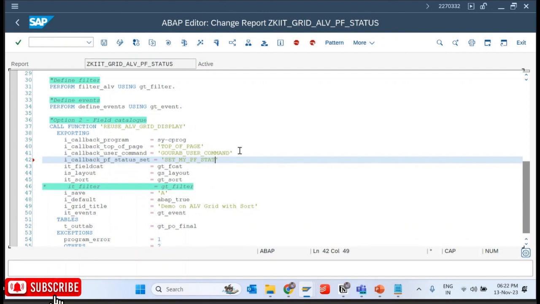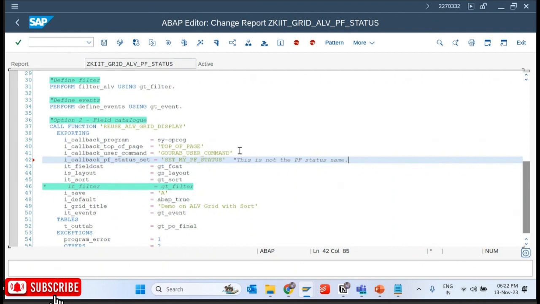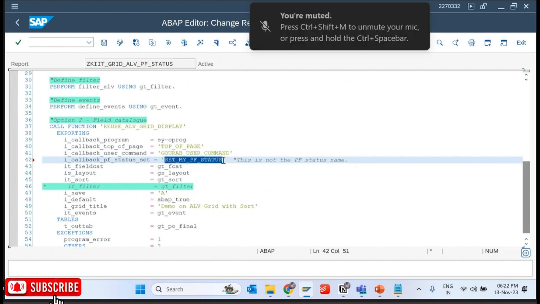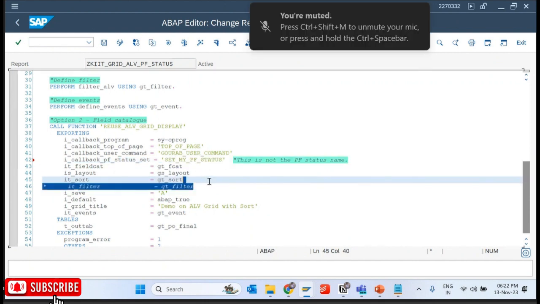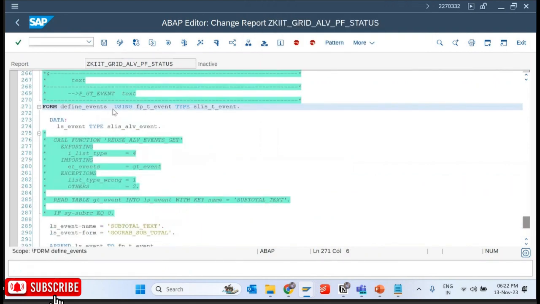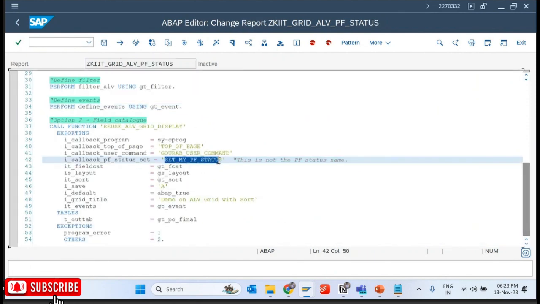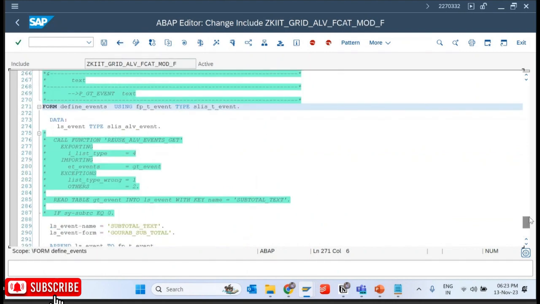status. So guys, please remember, this is not the PF status name. Okay, what is it? Set my PF status. What is this, guys? This is not the PF status name or GUI status name. What I'm passing here? Subroutine name. Okay, subroutine name. So I'll go here, scroll down. So what is the name? Set my PF status. If I scroll down here,